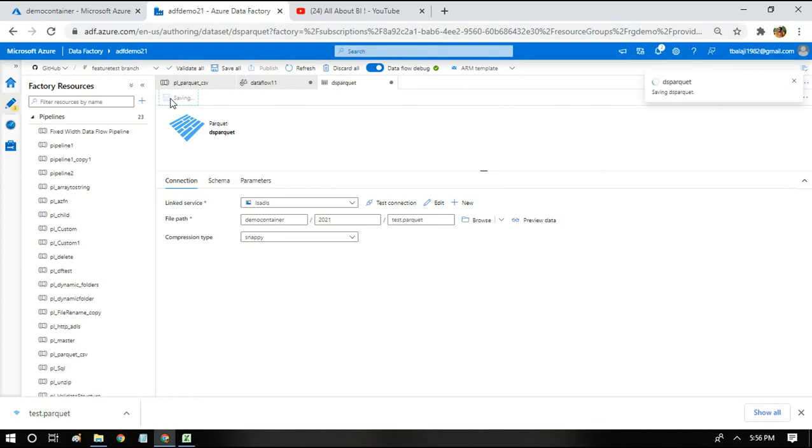Okay, so that's all I had for this session. If you have any questions, or if you have any work experience with Parquet, and if you have come across any difficulties, one difficulty that one of my friends has told me is converting the data type. While we write data to a Parquet file, we'll have to conform to the data types, because decimals have to be in decimal format and should not be in string format. So we shouldn't be doing any manipulation with respect to data type. We'll just have to take care of that.